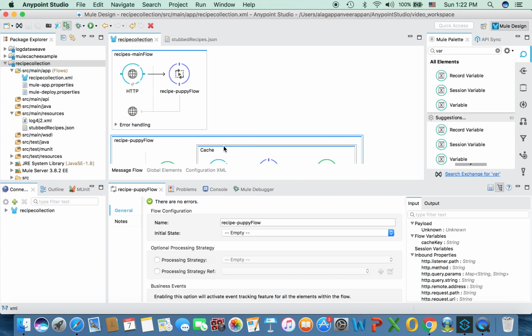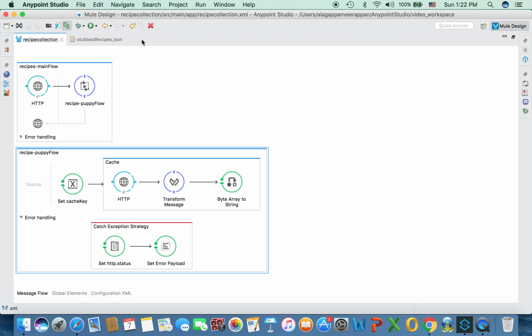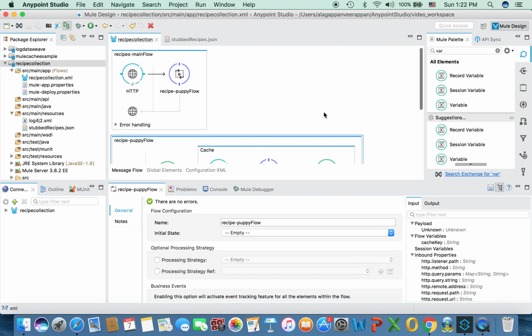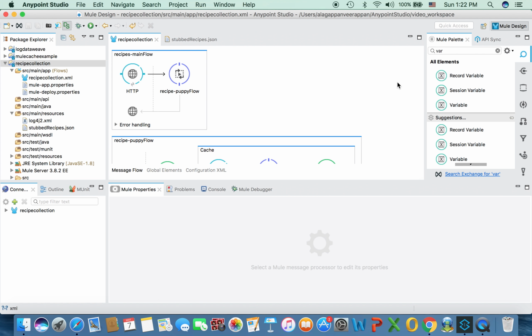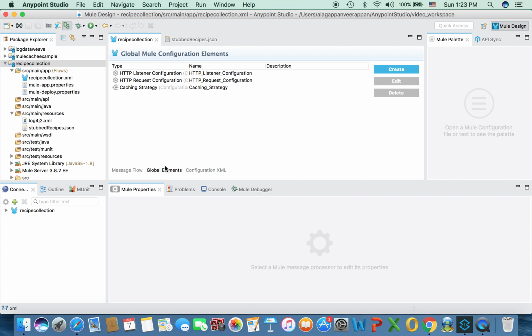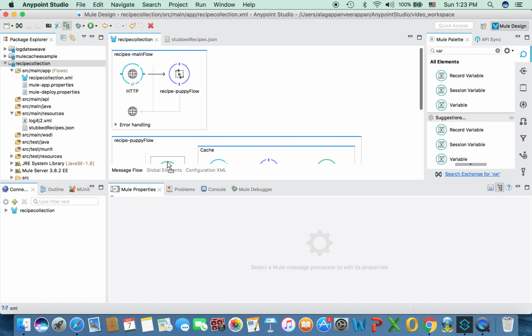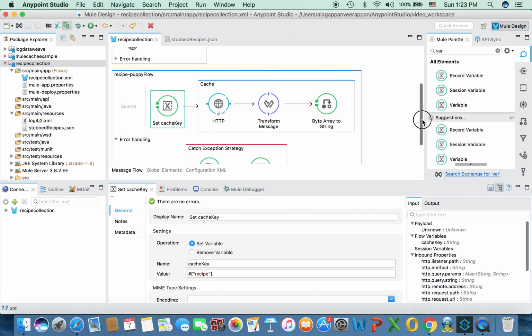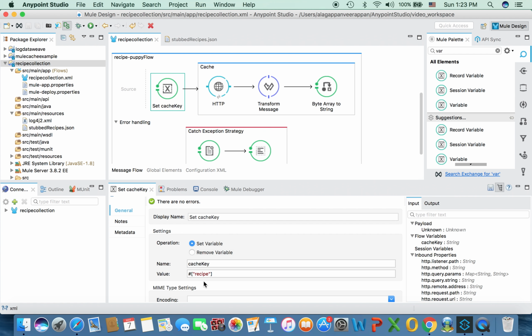So let us discuss the Mule caching right now in this use case. What I did is I created a cache key. I just placed a static cache key because I'm just going and hitting this recipepuppy.com and pulling the data. Even that data is not going to differ across any number of hits. They are going to give the same data. So I'm just initializing the recipe as a cache key,